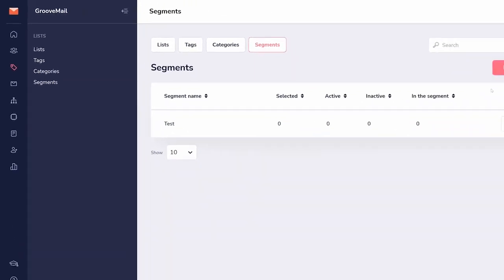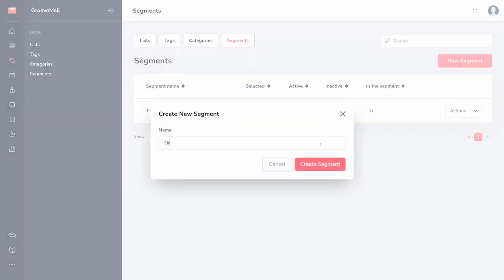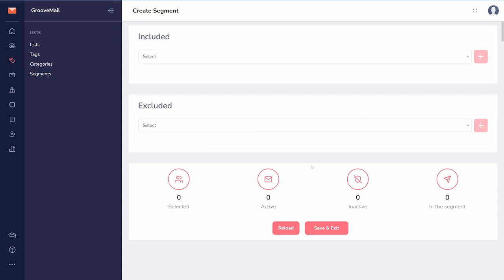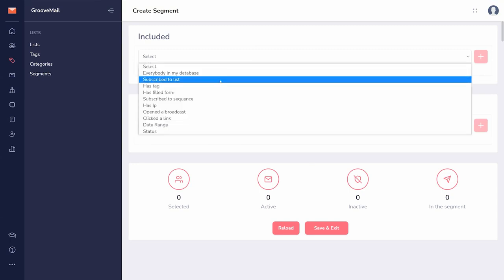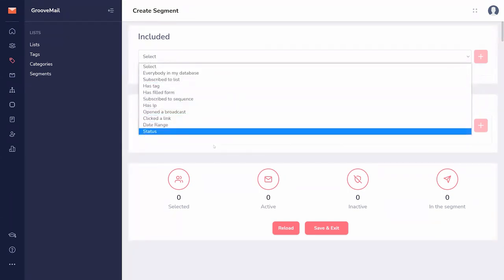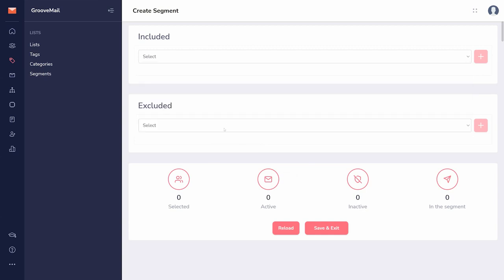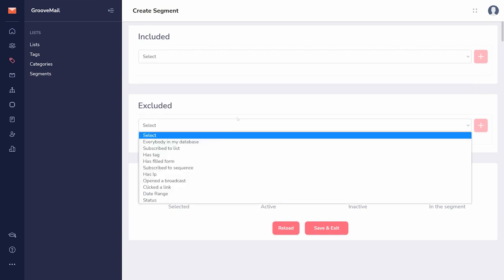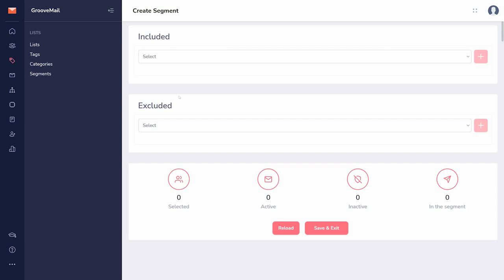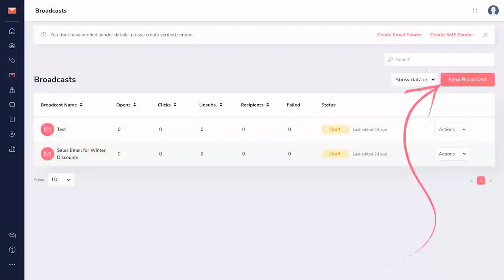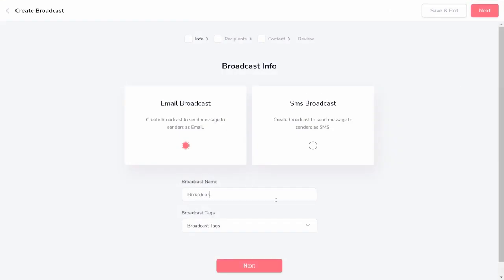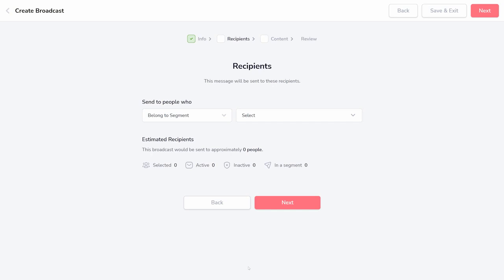Segments are live updating groups of contacts. You could create a segment of anyone who fills out a form, purchases one product but specifically has not purchased another. Anyone who meets these requirements at any time will be in that segment. With all of that together, you can create and send a broadcast. You can send broadcasts to anyone who is on a list, fits a segment, or has a tag applied to